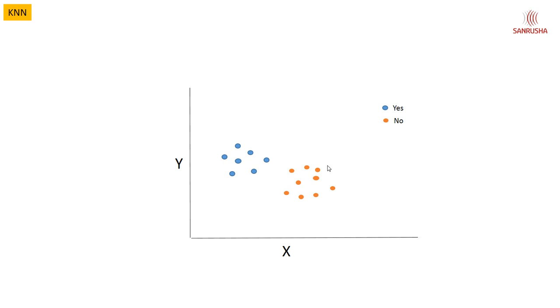Now consider there is a new customer, new person on social media or wherever you are running the marketing campaign, and you have to predict whether this person will buy your product or not. So basically you have to predict where does this point, this data belongs. Does it belong here, which is yes, or does it belong here, which is no? How will the algorithm know where should this point belong? And that's where the KNN algorithm comes in picture.